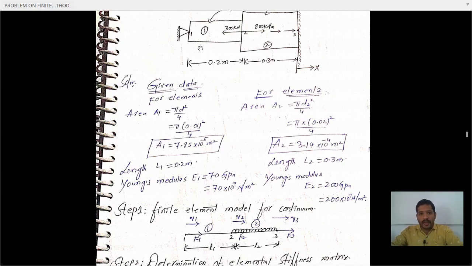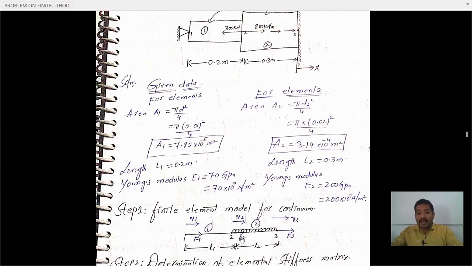Here at node 1, the nodal force is acting as well as the nodal displacement. So F1 indicates that the nodal force is acting at point 1, and Q1 represents that the nodal displacement is acting at point 1. What about this 2?